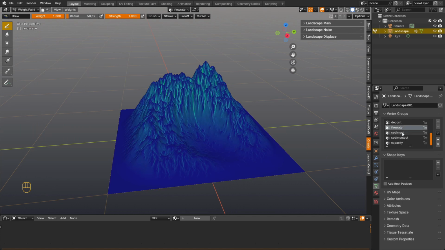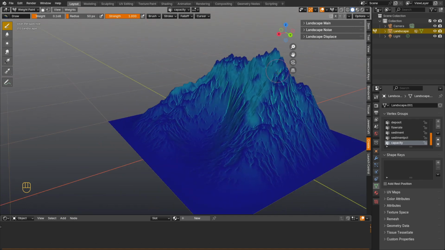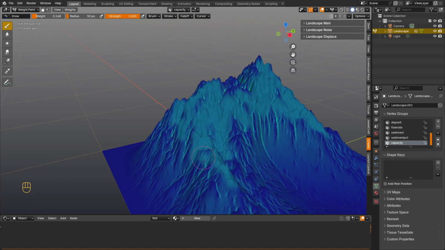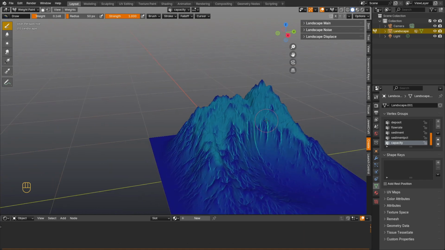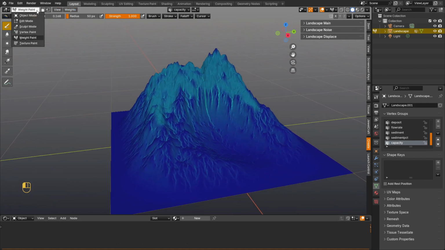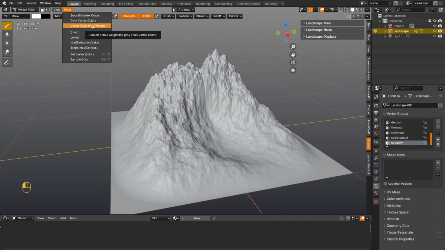We also have the ability to apply weight to the surface of the mountain using a brush. If we reduce the force of the brush, with smooth, light movements we apply weight to the top of the mountain in those places where there should be snow. If you spend more time on this, then of course you can do it more carefully, but for understanding this is enough. Now switch to Vertex Paint mode and press Vertex Color from Weight. To say it simply, we have created a map of how the snow will be located on the mountain.